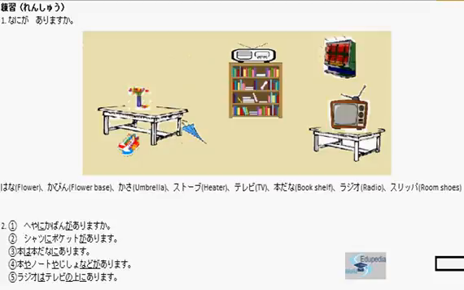Heya ni kaban ga arimasu ka? Meaning, in the room, was there a bag? Was there a bag in the room? So ni is the grammar particle here, which is the particle expressing location of existence. Kaban ga arimasu ka? Was there a bag in the room? So the listener is new to the situation, hence the ga particle is used.